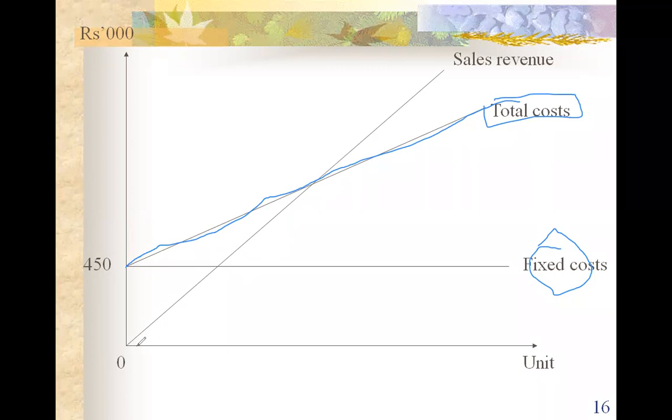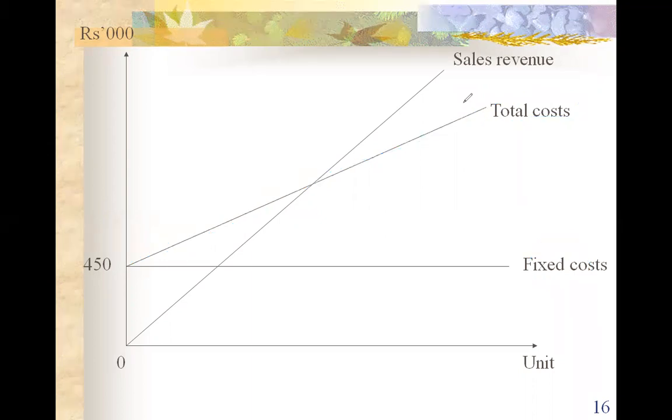And this is the sales revenue. Now here is the point, sales revenue and total cost, where it is intersected, দুটো একসাথে মিলিত হয়েছে, এই পয়েন্টটাকে আমরা বলি ব্রেক ইভেন পয়েন্ট, যেখানে টোটাল সেলস এবং টোটাল কস্ট ইন্টারসেক্ট করছে, সেই পয়েন্টটাকে আমরা বলি ব্রেক ইভেন।